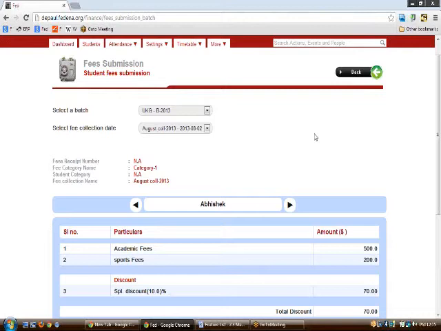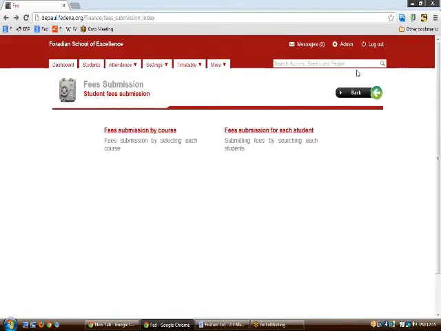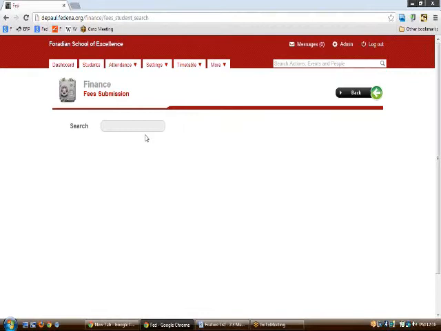We have something called the defaulters list for a particular course and for a particular fee collection date. After she has paid the money, her name would not come in the defaulters list, as expected in a general scenario.